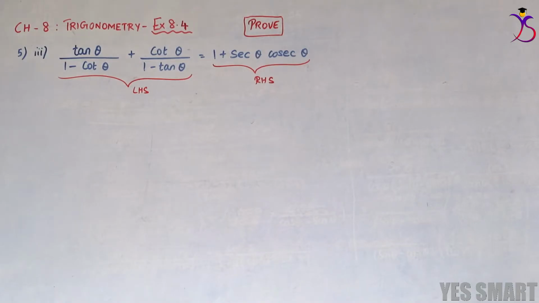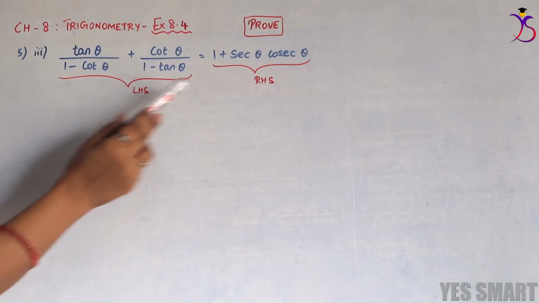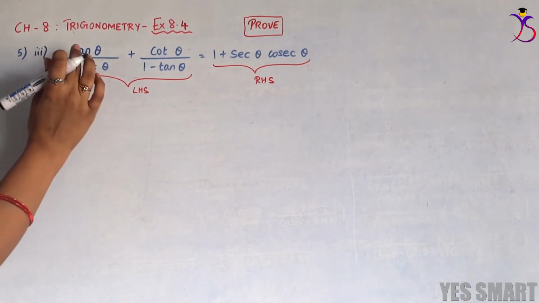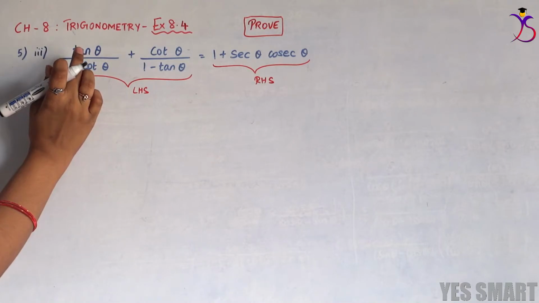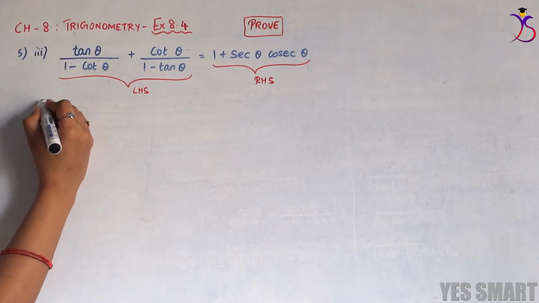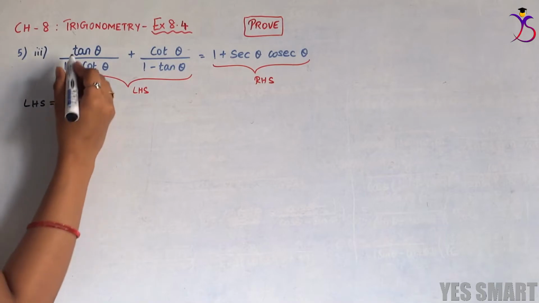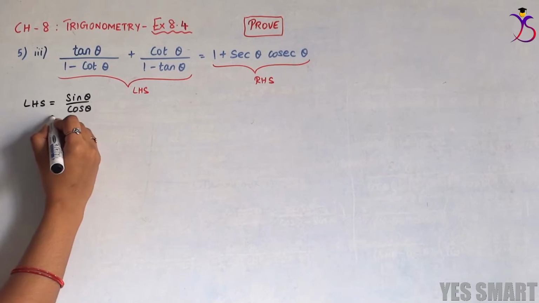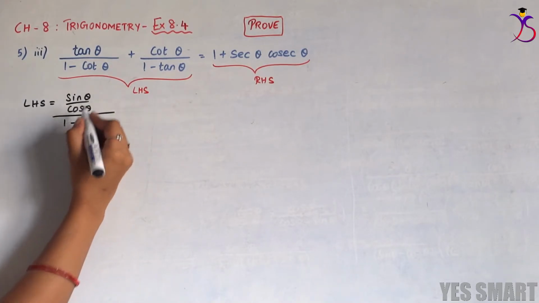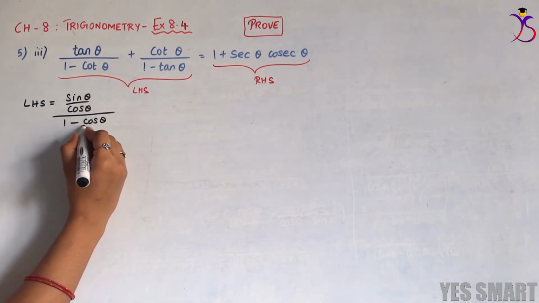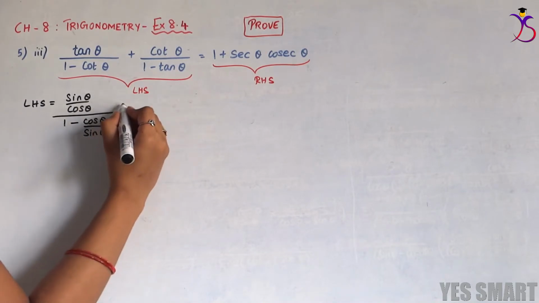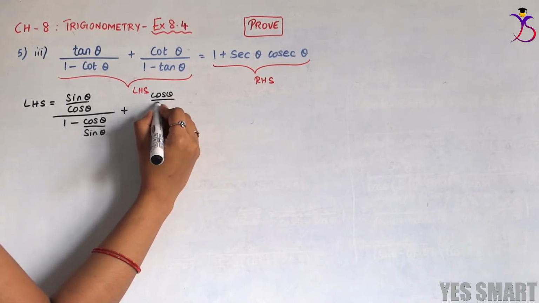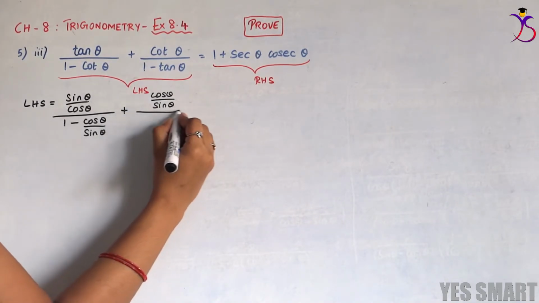Now we are going to discuss the third subdivision. They have given the LHS and RHS and are asking us to prove that LHS is equal to RHS. So as usual we will take LHS, solve it, and prove that it is equal to RHS. So I am taking the LHS. This tan theta can be written as sin theta by cos theta, divided by 1 minus cot theta, which can be written as cos theta by sin theta, plus this cot theta can be written as cos theta by sin theta